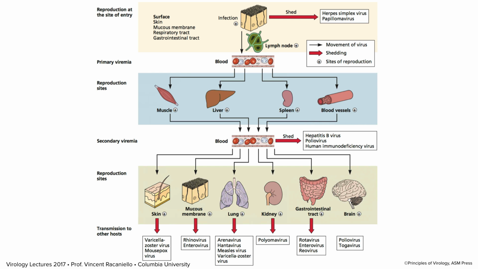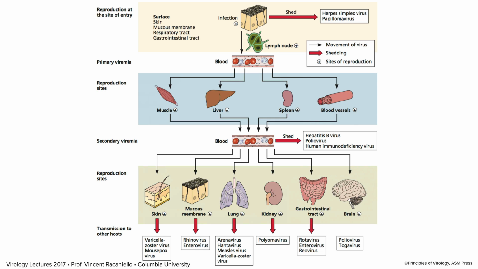So here's a big slide, lots of information on it, which essentially tells you the same thing, but for different viruses with different kinds of targets. And we start at the top here. We have infection. It can be skin, mucous membranes of the respiratory or gastrointestinal tract, any of the places we originally discussed. That's your initial infection. And there's virus multiplication there at the site of infection. Now, many viruses are shed from that primary site of inoculation, like herpes viruses and papillomaviruses, and that's how they can infect others right away, shortly after infection.